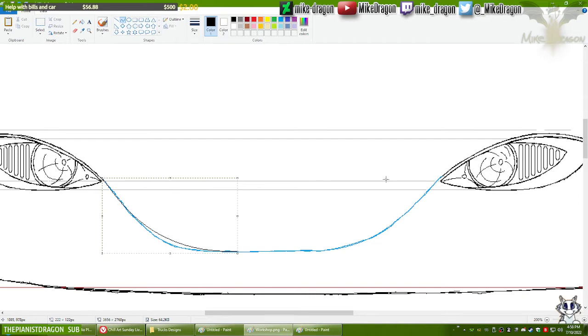No, these corners here actually. There. Of course, this.